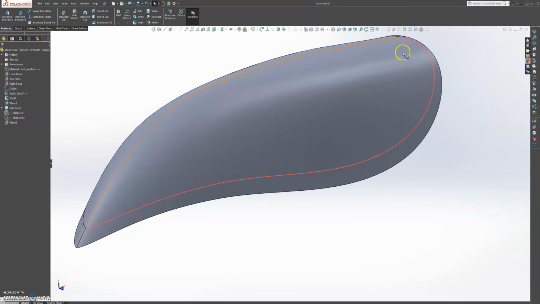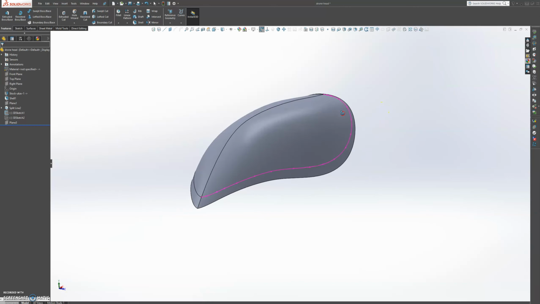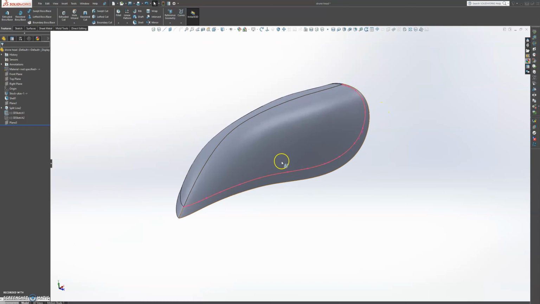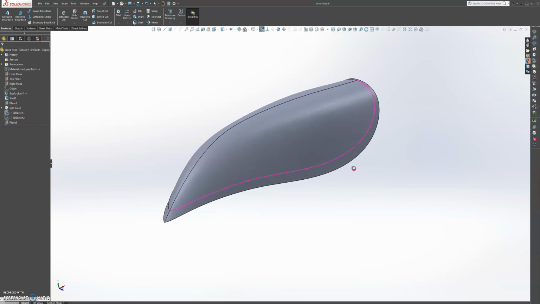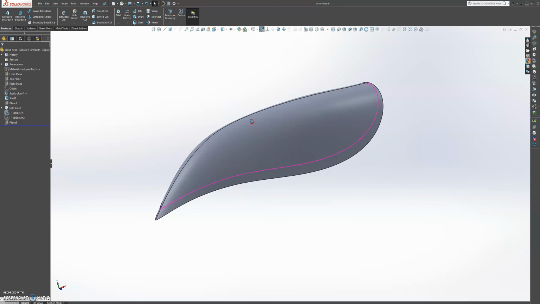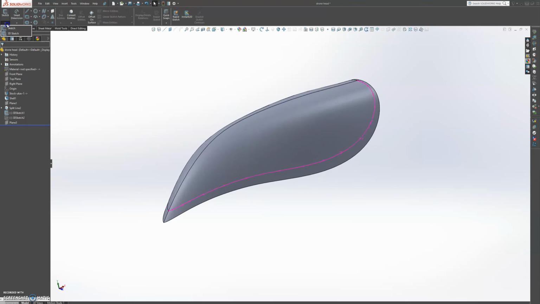Unfortunately, curve-driven geometry, curve-driven pattern won't work for us here because we have a very complex geometry here. But we will need to add some 3D sketch lines individually. We won't need that many screws, so that's going to be probably like 1, 2, 3, 4, or maybe 5. So let's create that. So let's grab our sketch tool, and let's grab our 3D sketch, and let's grab our